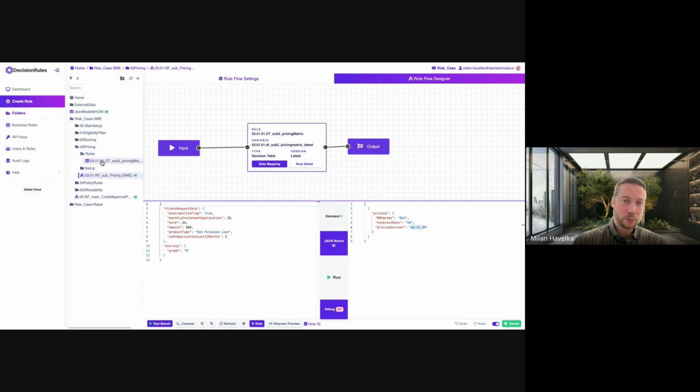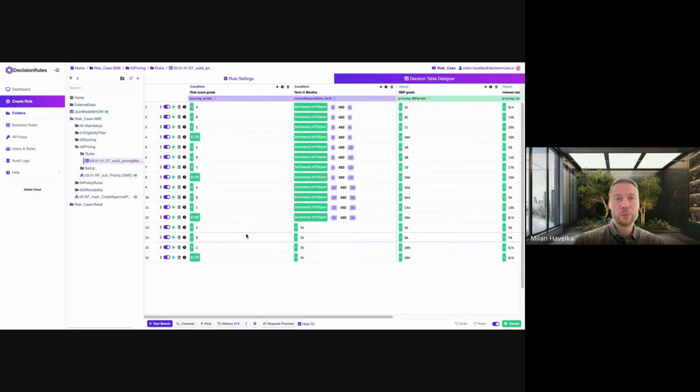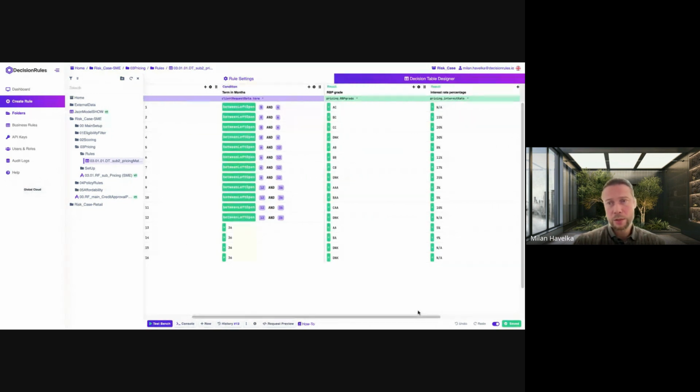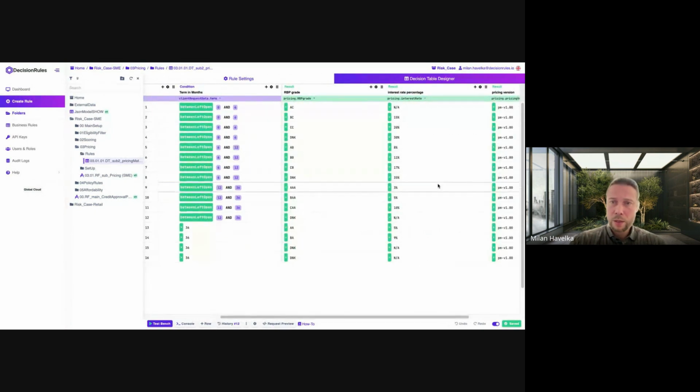Simply there is the pricing metrics, which is giving the grades based on the scoring. Doesn't matter if it is scoring of behavior or existing or new client, and the term. And usually it's the creation of